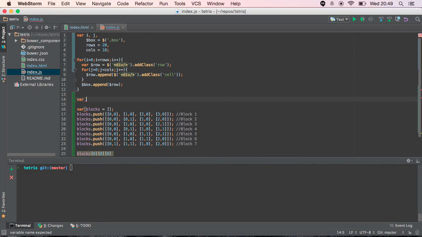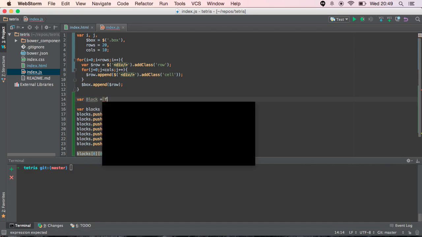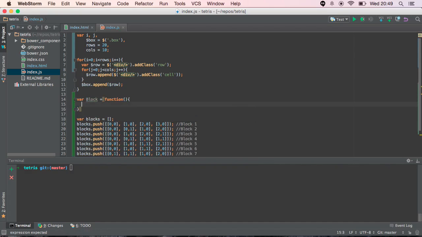And the way you create a class in JavaScript is, by convention, to use a capital letter for the first letter. It's not required, but it kind of helps other developers know that that's what you're doing. And you actually create a function, and this is a really strange concept for most. But that's how this stuff works, right? So we're going to, there's a bunch of different things, and we're probably going to change this model as we go a little bit. So what we want to do is we want each block to have,